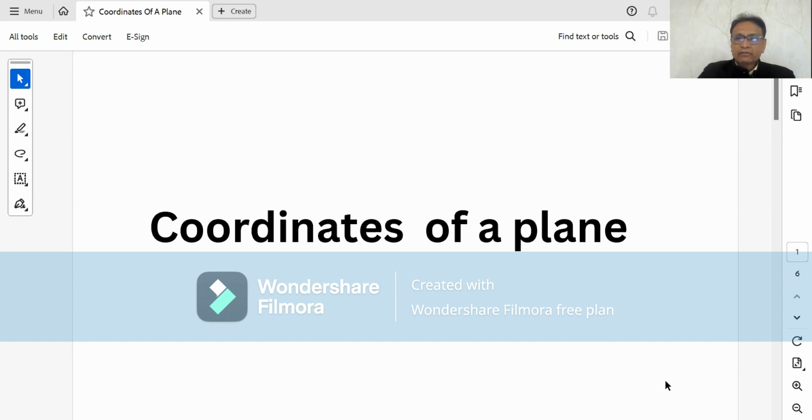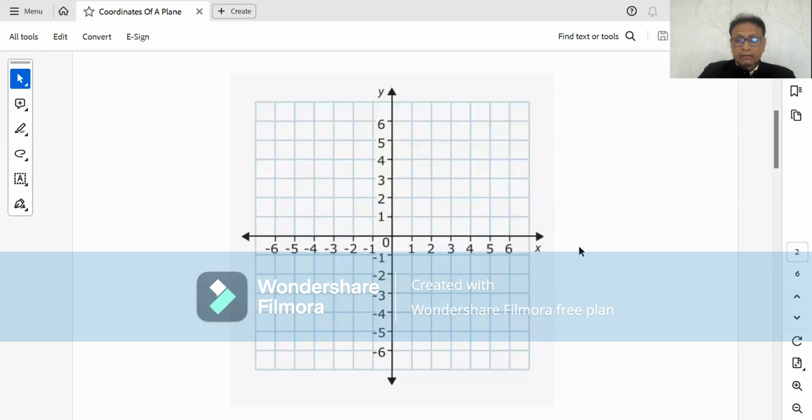In this chapter, we will study coordinates of a plane. This is part of analytical geometry. The analytical geometry is very important for understanding calculus. In analytical geometry, the whole